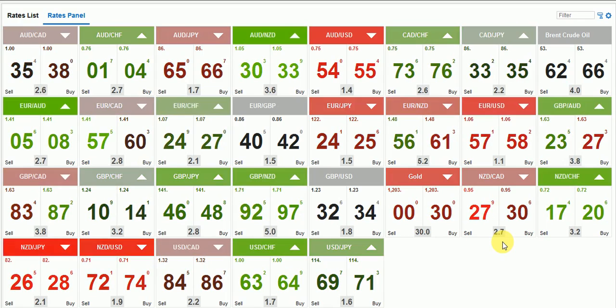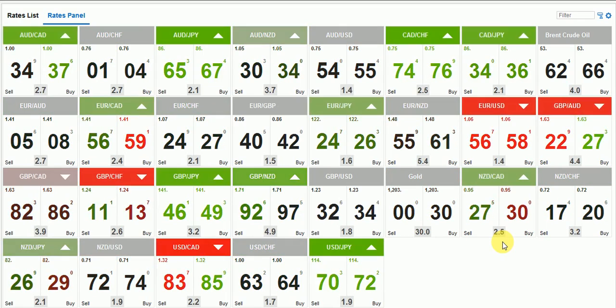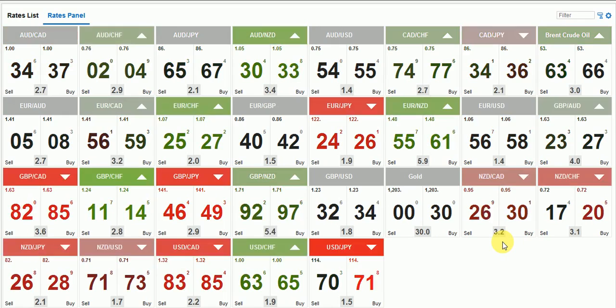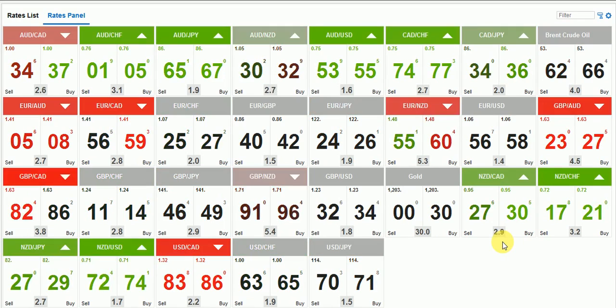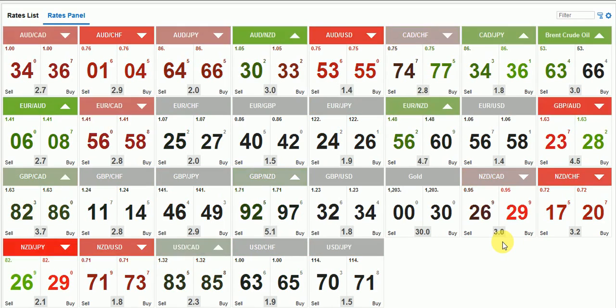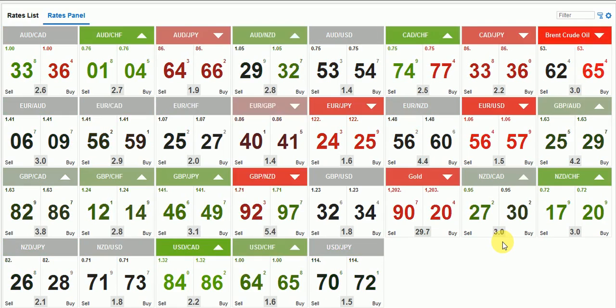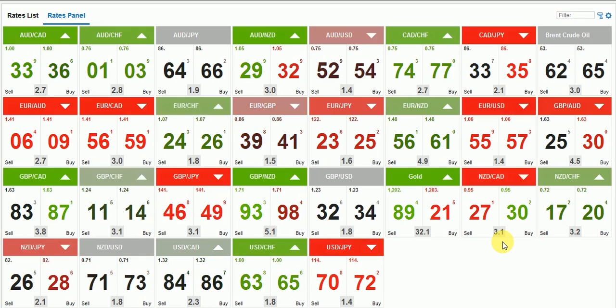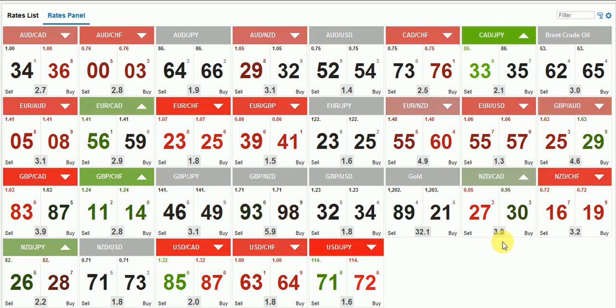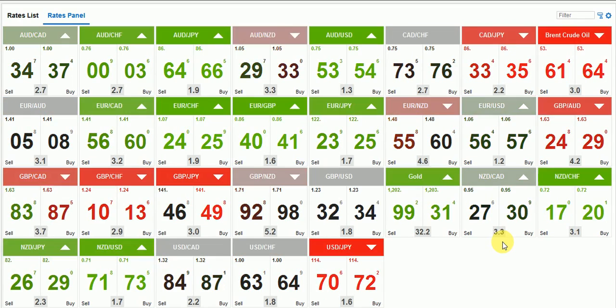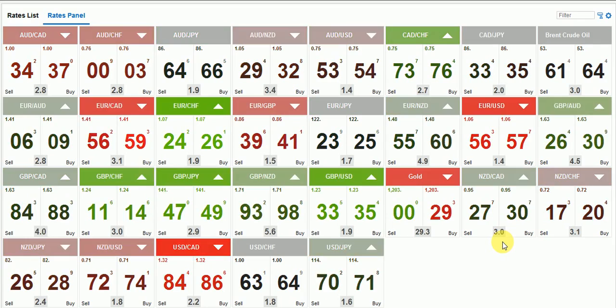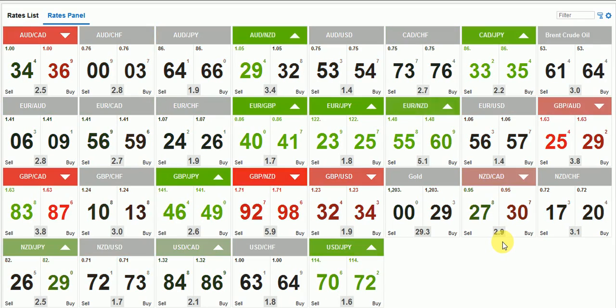The spread can fluctuate quite rapidly around high impact news events. If there's an interest rate decision coming from a national bank, you'll find that the spread on the currency pair that's been affected by that interest rate decision will increase quite rapidly, and that's because just before the event, traders get out of the market,